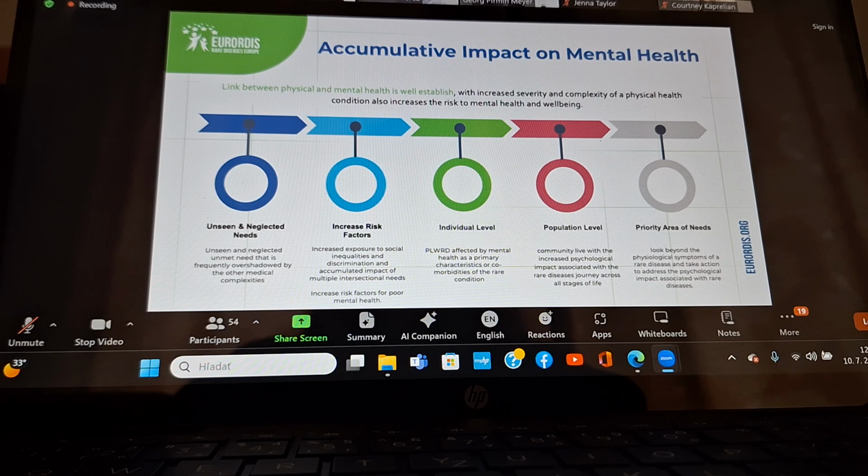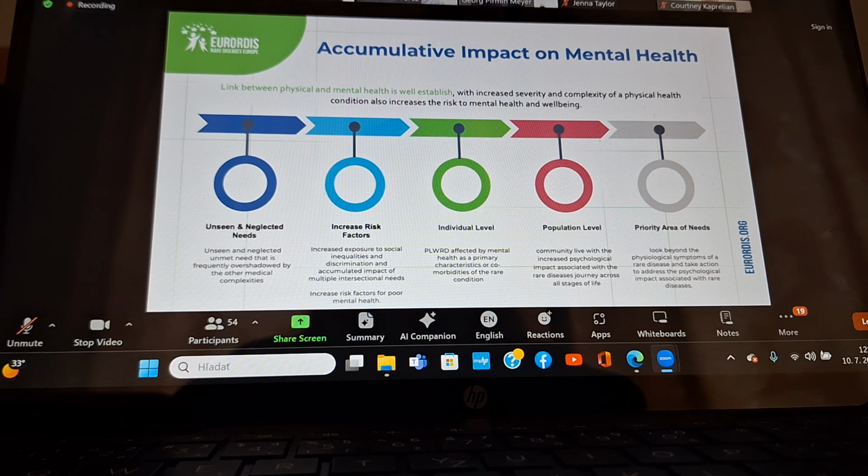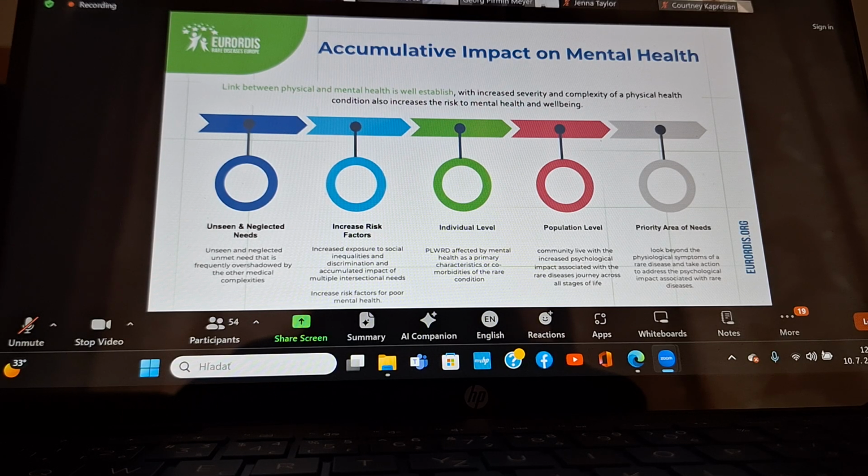And I think our advocacy over the last 20 or 25 years has really been focused on addressing those medical complexity aspects, like finding a diagnosis, securing a treatment or access to treatment, or even pushing research to find a treatment and cure. But I think we're a community now which is more mature and grown up. So I think it's fine now to put mental health at the forefront and take action to say our mental health matters and to really take action to improve that.